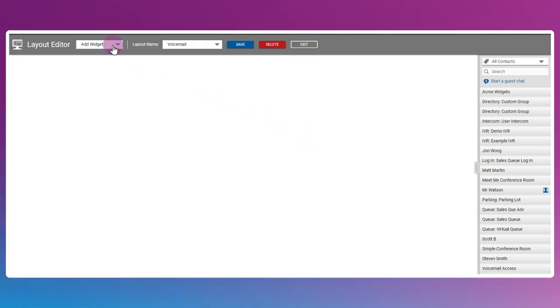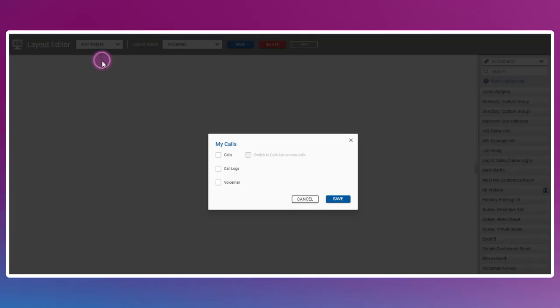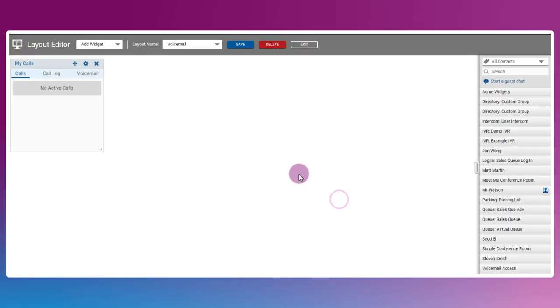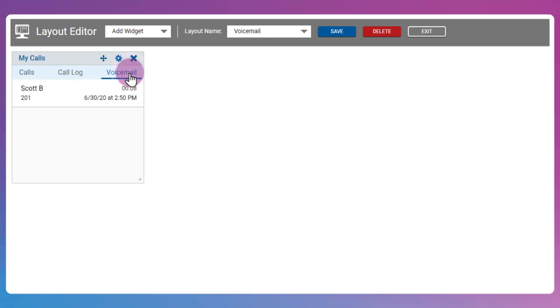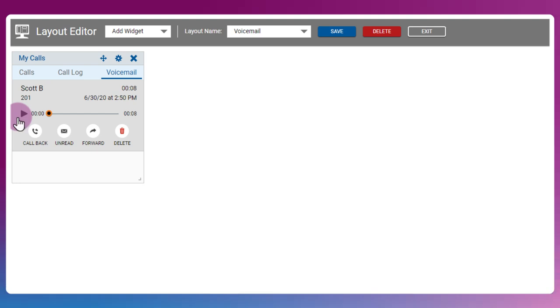But essentially, what widget we're going to want to add here is just the My Calls. And then voicemails here, so you can do it standalone or include it with all the call statistics. And here's our voicemail. We can click that. We've got the play function. We can call back the caller. We can mark it as unread, forward it, or delete it.